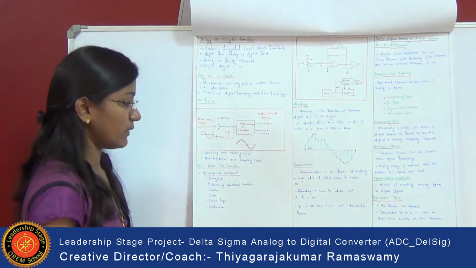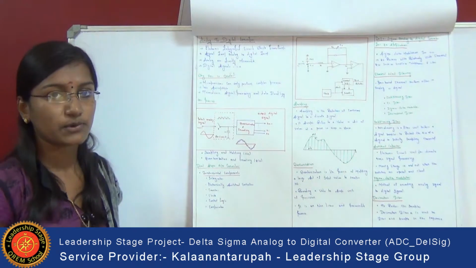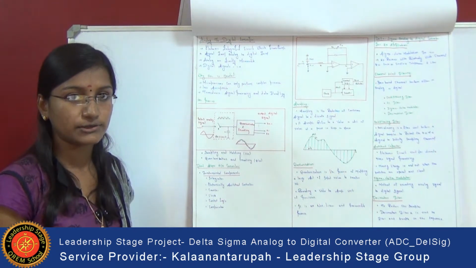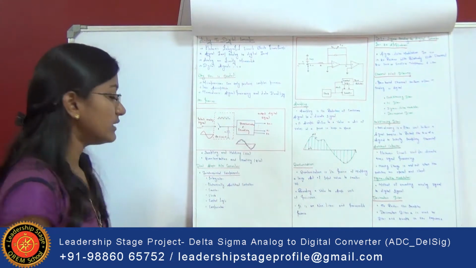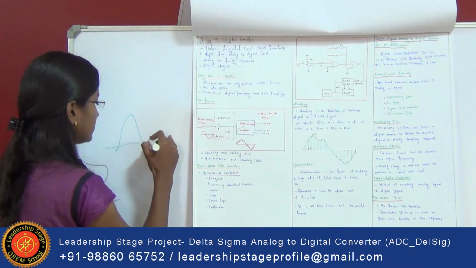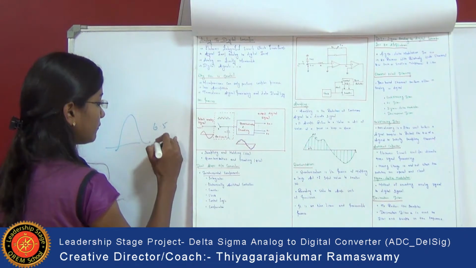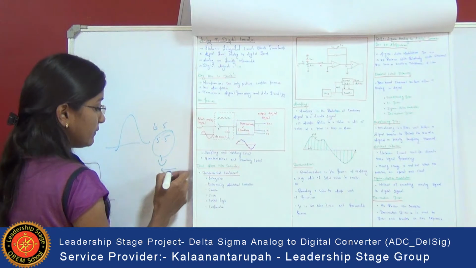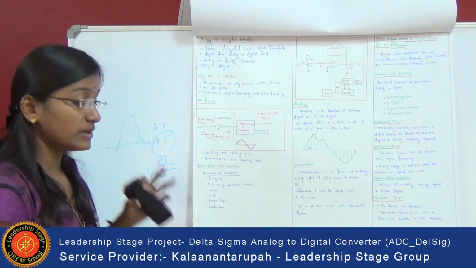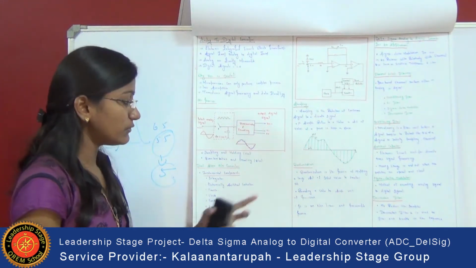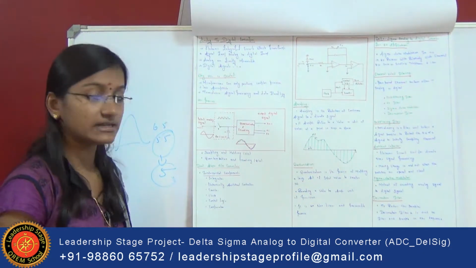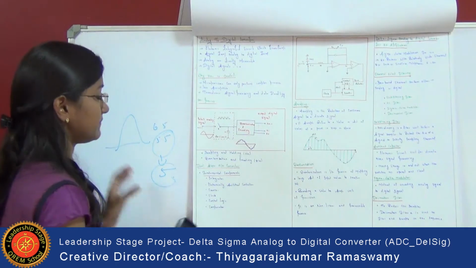Next, we are going to see quantization. Quantization is nothing but the process of mapping a large set of values to a small set of values. That is, rounding off a value. For example, if from an analog signal we are getting some 6.5 or 5.5 values, by using quantization we can round off the value to 5. So because of rounding off the value, we are using this quantization, and it is also a non-linear as well as an irreversible process.